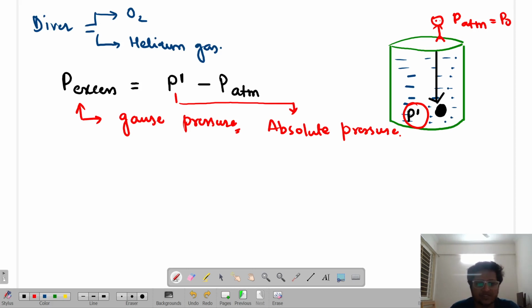Usually it's more. So that is why we define that whatever the excess pressure is present apart from atmospheric pressure, that amount of excess pressure is called gauge pressure. What do we call it? Are you able to get me or not? So remember that absolute pressure